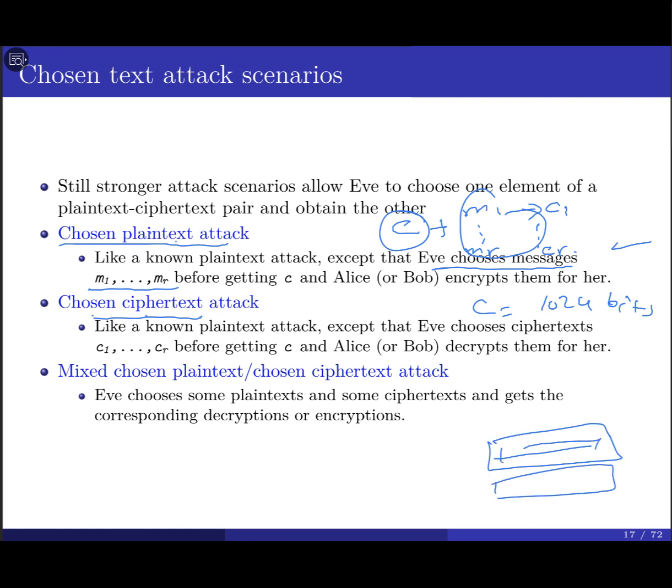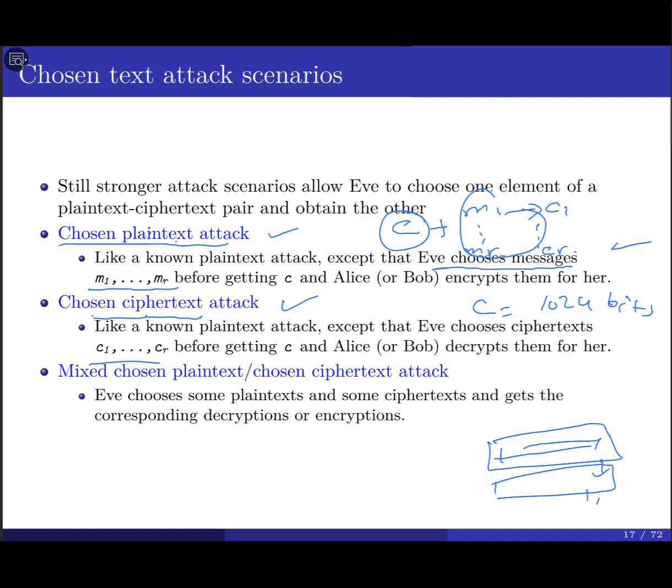Then after that, change only 1 bit to see how the system may act in this case. Then you choose 2 bits, then send it to the system to decrypt, to see whether they change anything or not. So the chosen plain text attack and chosen ciphertext attack are the same. The only thing is that Eve has a chance to choose either the plain text or the ciphertext. If you choose the plain text, you send it to the server to encrypt the message, or decrypt the message in the case of choosing the ciphertext. Clear, guys?